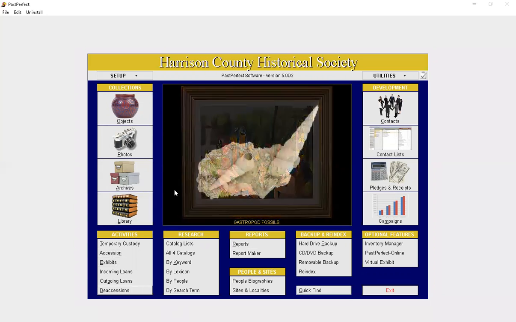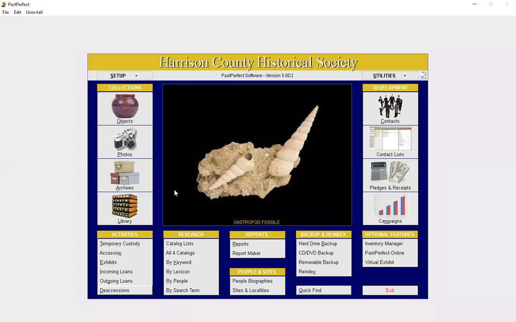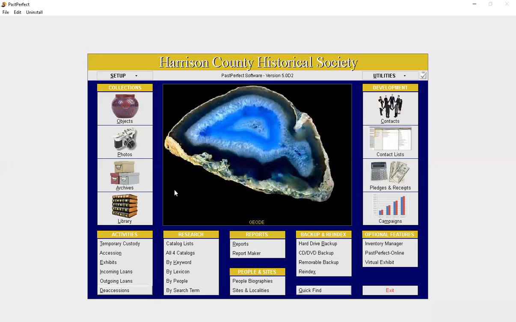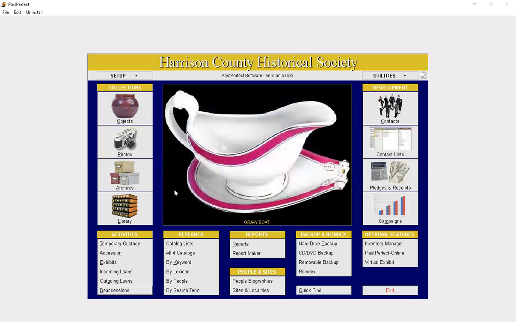So you see you have objects, you have photos, you have archives, and you have library. So whatever particular material, artifact, object you're working on, you're going to select the appropriate